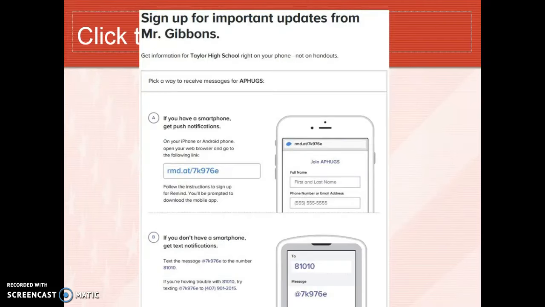You could also sign up. I think it's easier for option B below, but you can sign up for the Remind text. This is something that we've utilized for a long time in athletics, and it's come to a lot of your classrooms in the last 3 or 4 years. But you can sign up there below with that message, and then I could send out a nice secure message saying, don't forget to study for your test, and there's no exchange of numbers between students, teachers, all that kind of stuff.